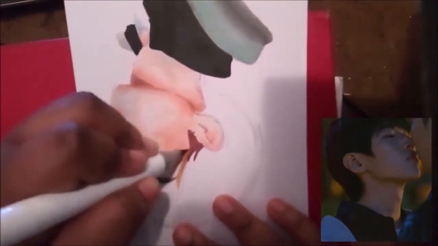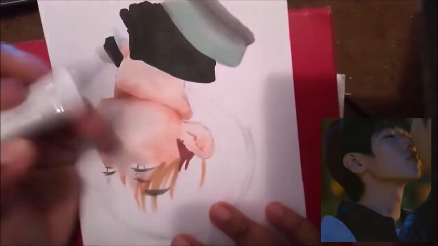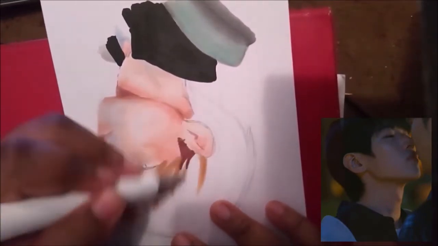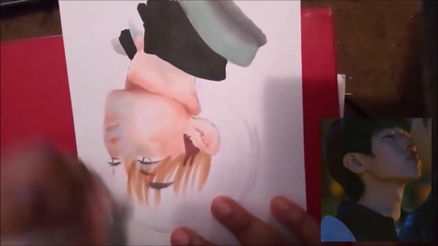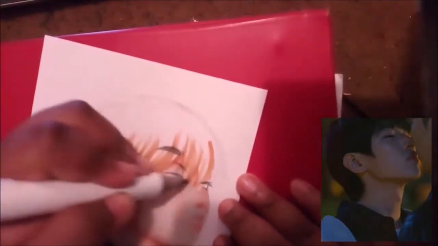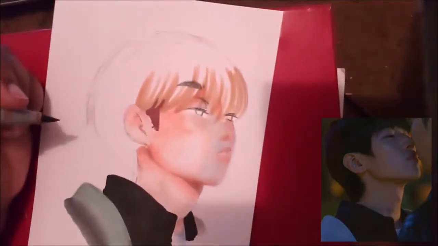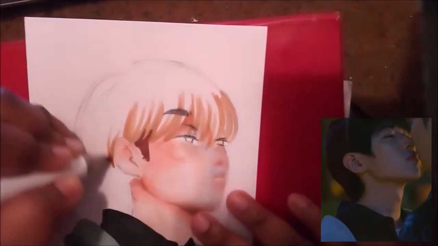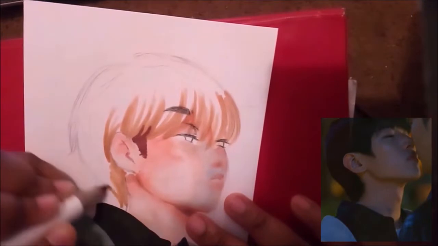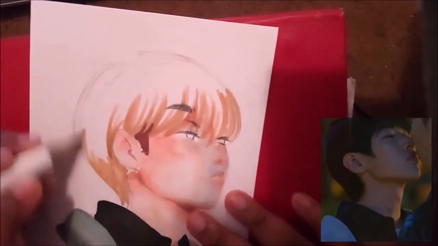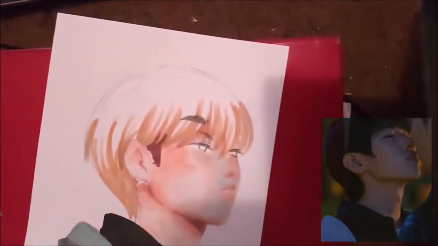Alrighty guys, so now I'm getting into the part where things just hit the fan. You think I would have learned my lesson when I was like, yo, I can't see what I'm doing? You think the hair would have thrown up a red light to be like, yo, Narelle, please just go line your hair so you know what you're doing? I didn't do that. So I'm like, you know what? I'm going to color the hair with marker for the first half of it. And then I switched everything around.